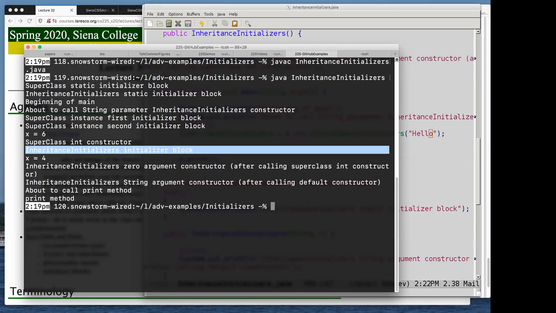But really the point of this is not to prepare for the final exam, but just to realize that these are features that Java has. And if we're going to be considering ourselves advanced Java programmers, whether or not we decide to use them, we should be aware of them because we could encounter them. Anyway,